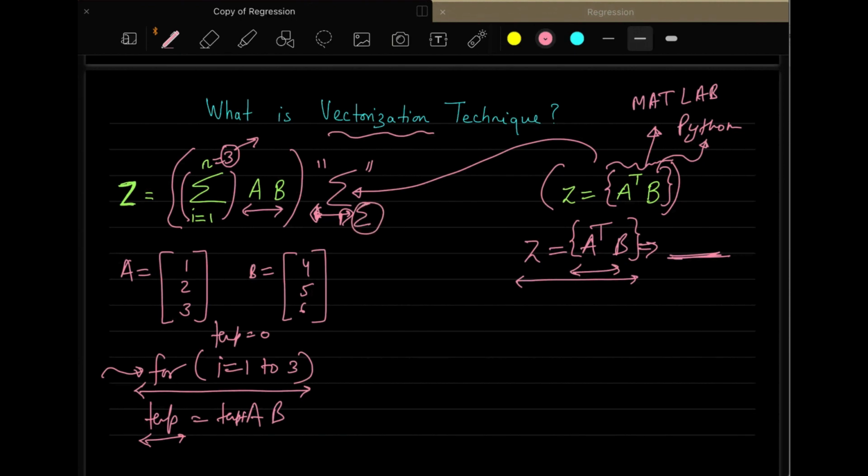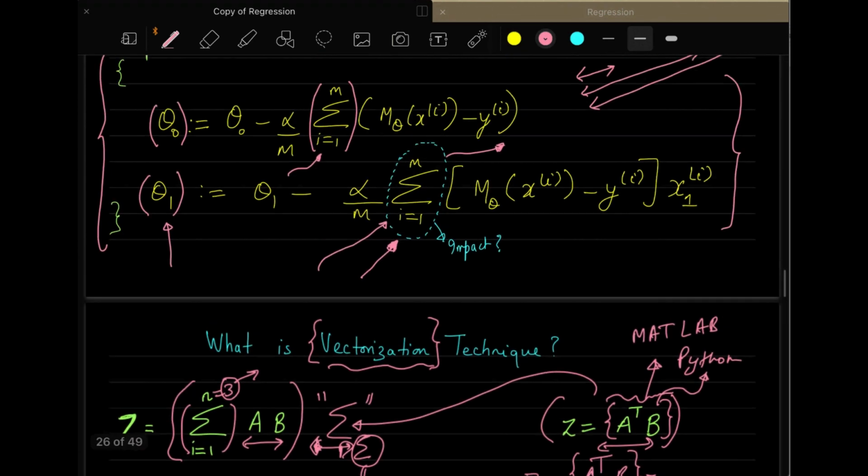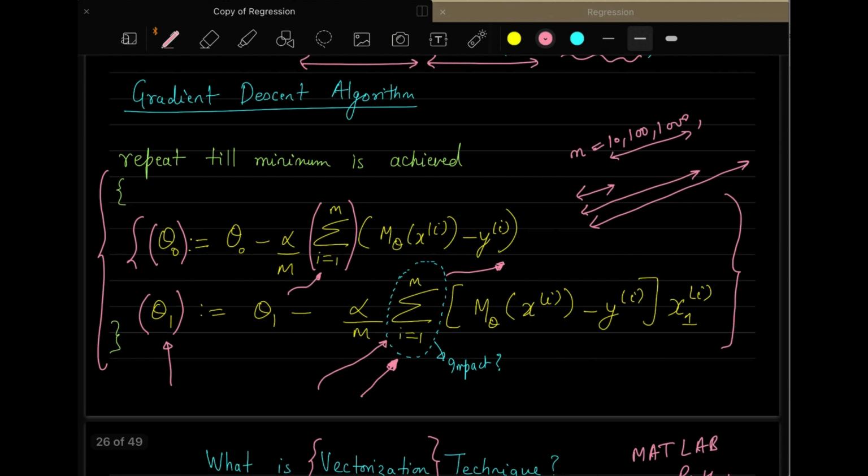Right now, you are doing it by yourself. But now we are making use of libraries which have highly optimized multiplications, which speeds up gradient descent if the number of samples is large. So this is basically called the vectorization technique. We will see how we can convert our code, these theta 0 and theta 1 updates, into a vectorized format that involves only matrix multiplications. That is our objective now.